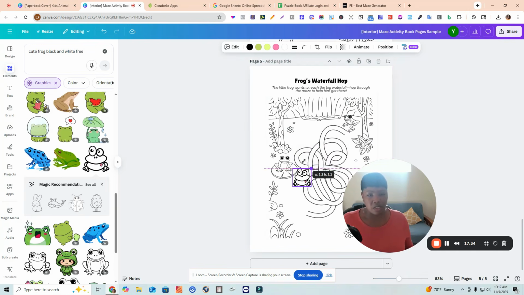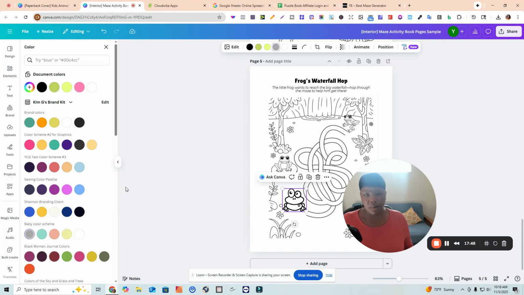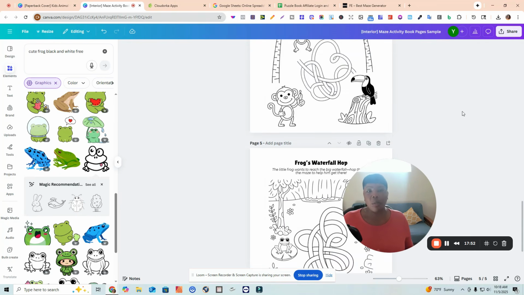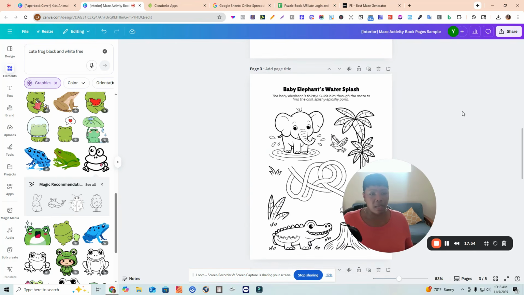So I'm just using this as a little example, okay? To show you guys how fun this can be and how you can make your own little puzzles and make things kind of work, right? So here's this little guy right here. And there you go. And then I can take out this, just turn that gray. And there you go. Okay, so we already have 3 kind of cute little maze